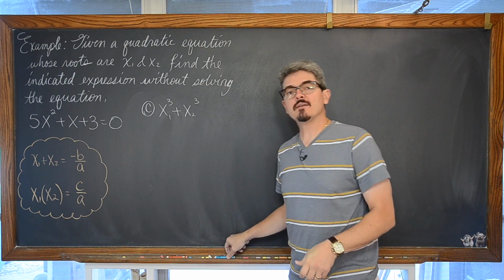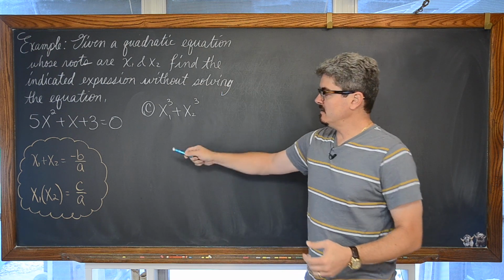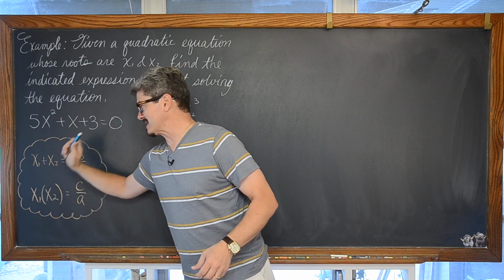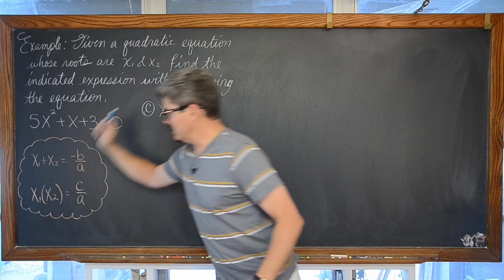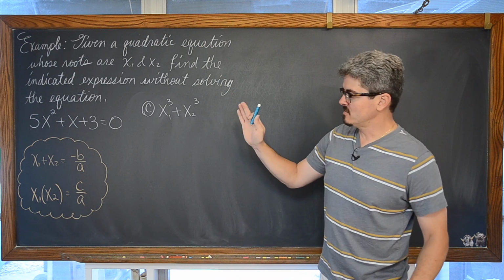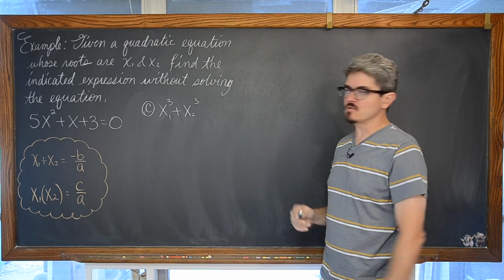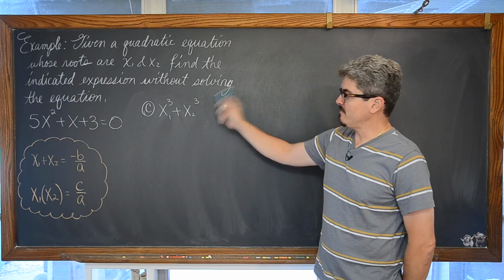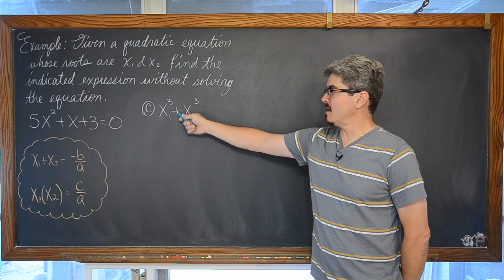Well, you're going to have to remember that, again, we don't have any powers, we don't have any subtraction, division. It has to look exactly like the sum and the product of these roots to be able to do just a straight substitution using the coefficients from our polynomial. That means that we have to factor a sum of cubes.